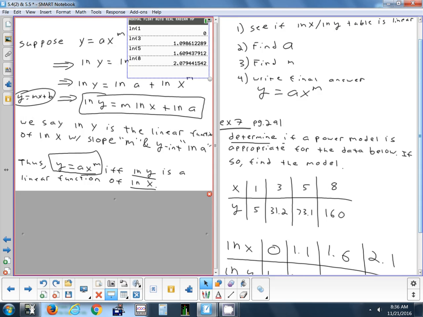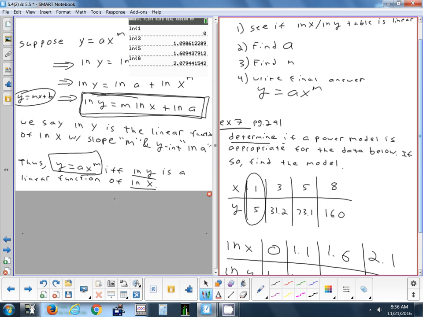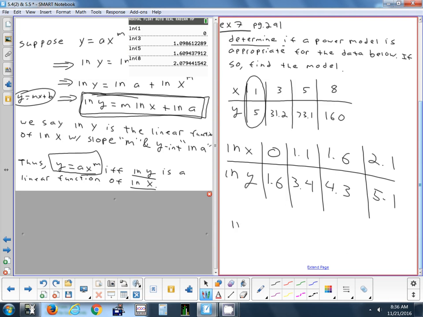So I want you to take this equation and fill in the x and the y value right there. So I'm going to write ln5 equals m ln x. And remember, for x, you're going to fill in 1. Because this is going to work out very nicely if you do it this way,